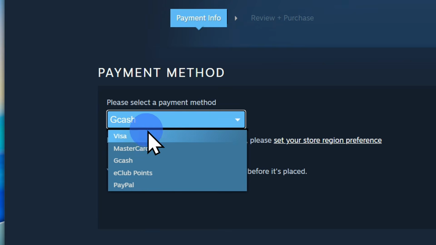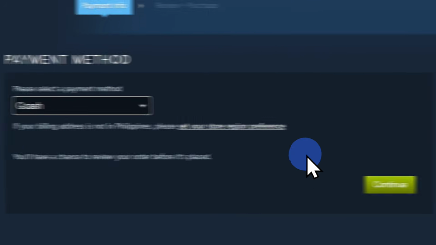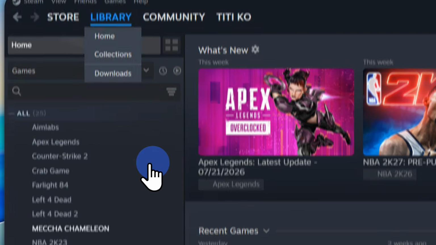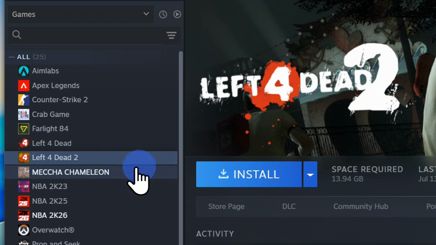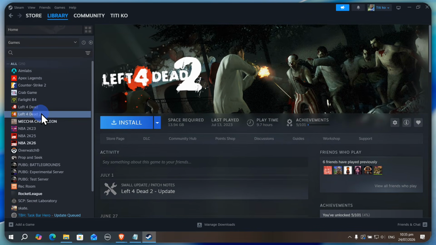Once done, you can choose a payment method over here with Visa, MasterCard, anything will do. Just go ahead and once done, continue, and you should have the game in your library. Once done, you can install the game from your library. As for me, I have the Left 4 Dead 2, so I don't have the game installed, but I bought it. Okay, so anyways, that is basically it,